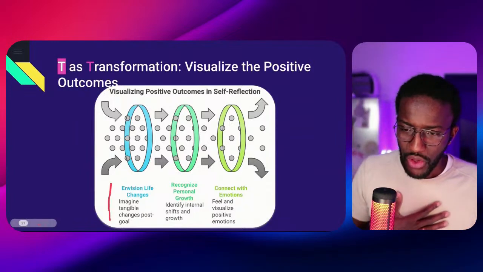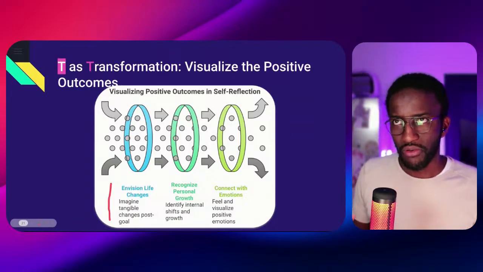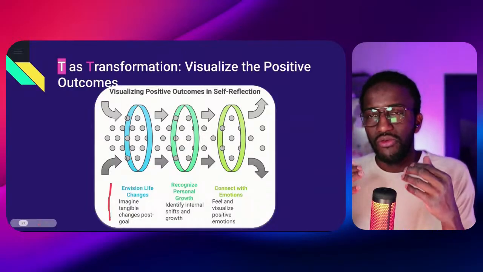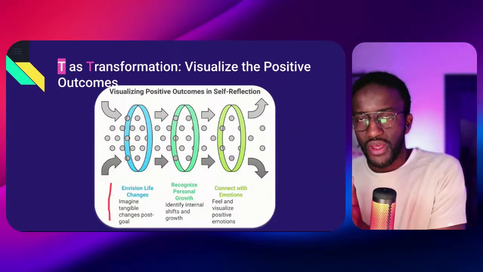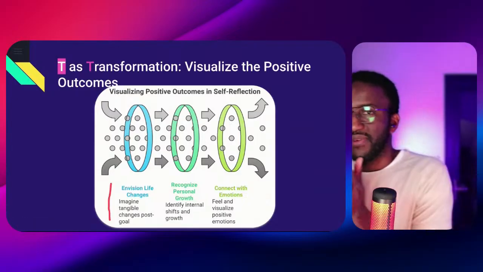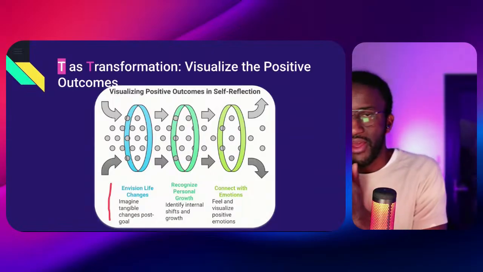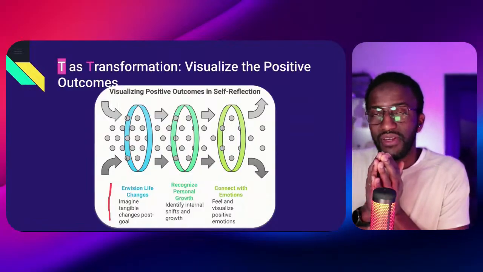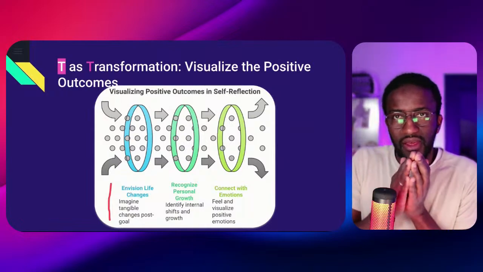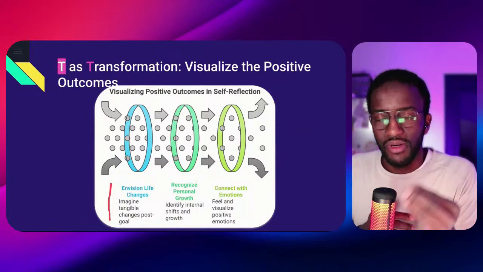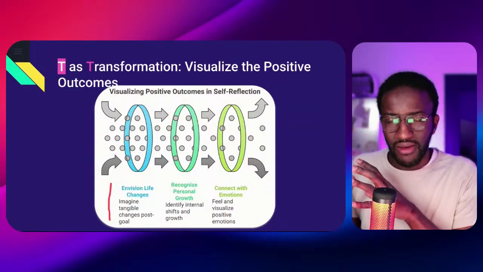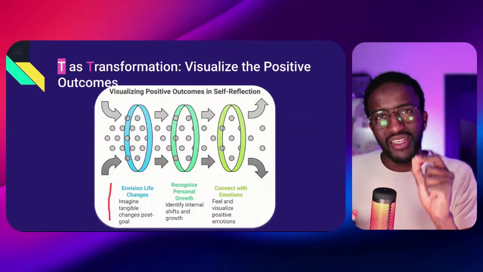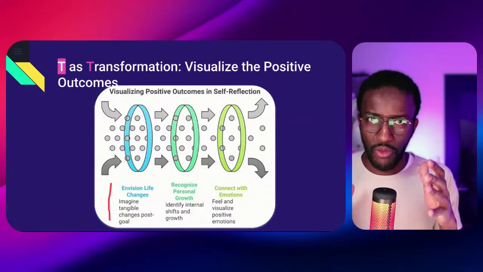Then after, it's also about recognizing personal growth. Personal growth meaning that before you do the self-reflection, you are at a certain stage of your life, then you have identified the need that you want to address, you have brainstormed some potential solutions which are aligned with your values, you have, let's say, identified the obstacles, you have broken down the path to get there in a digestible way. So basically, it's like you are doing that journey in your head using storytelling, because you are like that character in a movie and you are building the movie yourself.